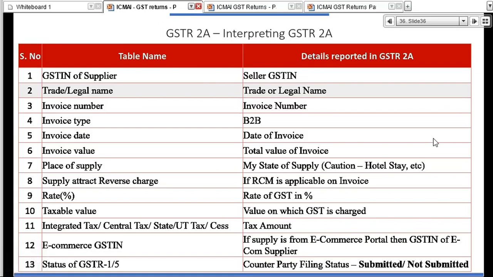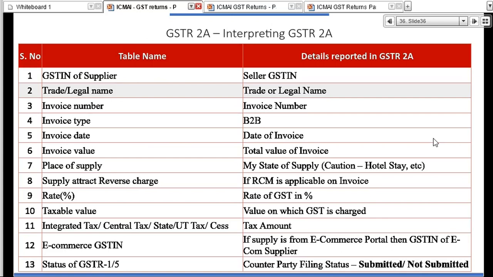If the invoice is reported under RCM, that detail will also be there. Rate of GST, taxable value on which GST is charged, and tax amount will be there: CGST, SGST, IGST, cess. If the supply is made through an e-commerce entity, that e-commerce GST number will be there, like Amazon or Flipkart.